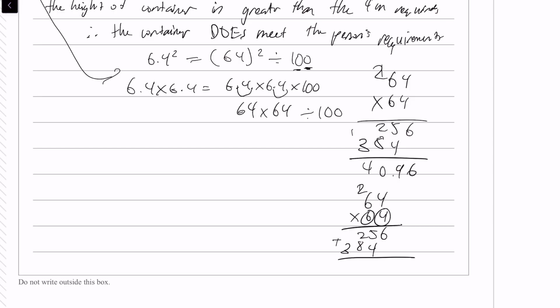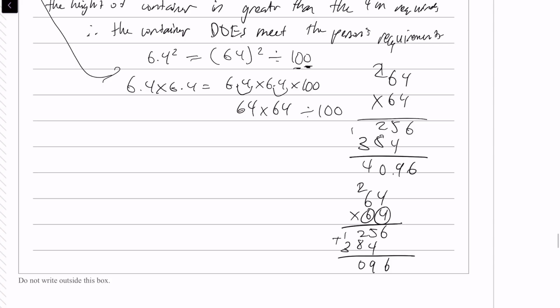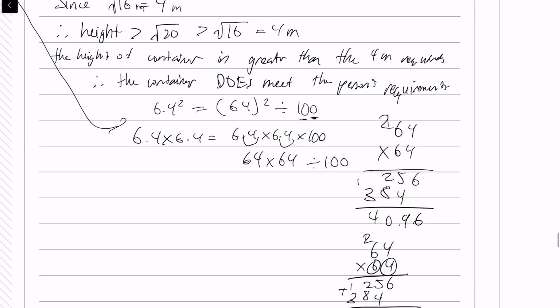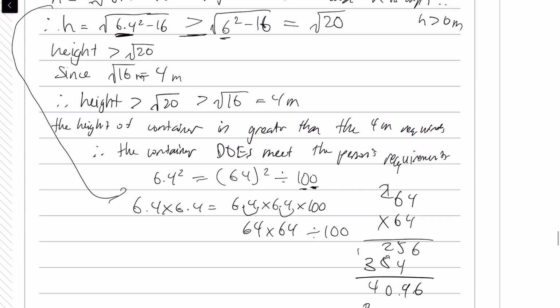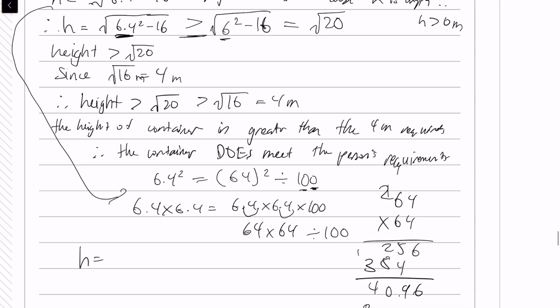Okay, so 6 plus nothing is 6, 5 plus 4 is 9, 2 plus 8 is 10, so put the 0, carry the 1 onto the next number, so 1 plus 3 is 4. And then I move my 2 decimal places that I timesed by 100 before to get to 40.96. Okay, so I know 6.4 squared is 40.96, but in terms of our question, again, h is equal to, looking